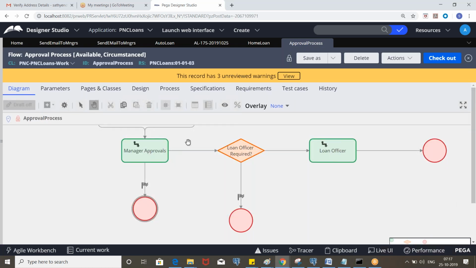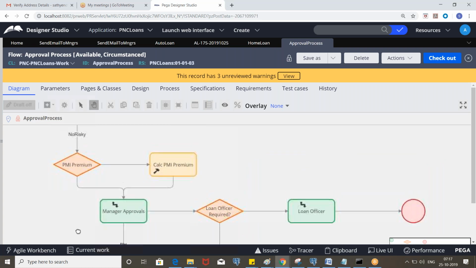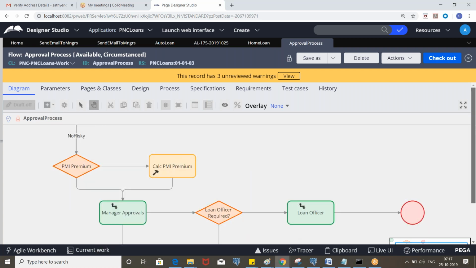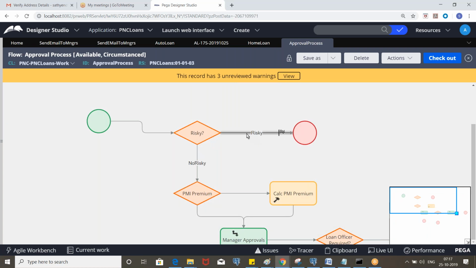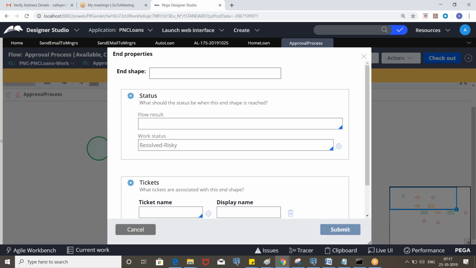So if our flow goes this side, that means it is resolved with risky, right? If it ends here, it will update the status to resolved risky.